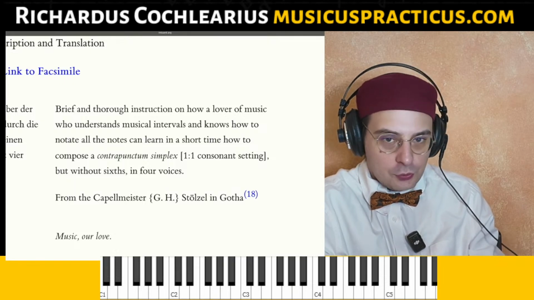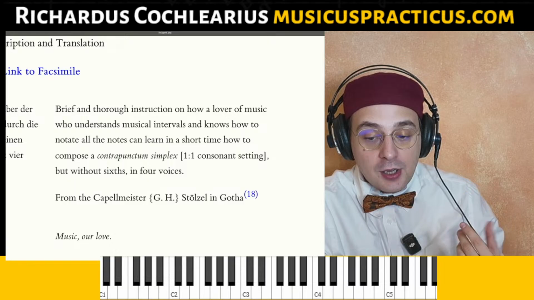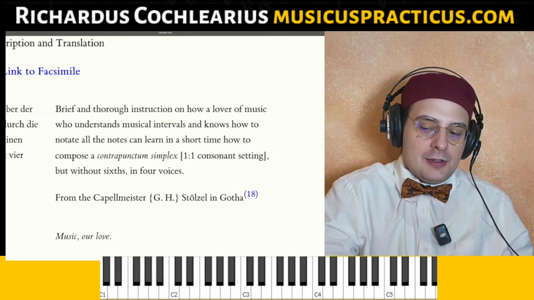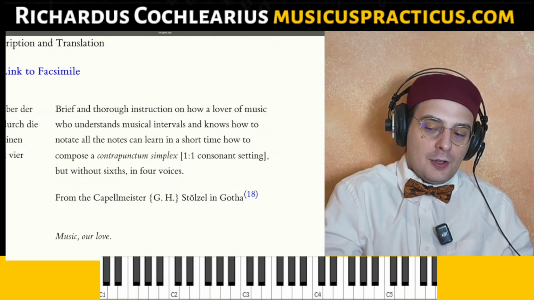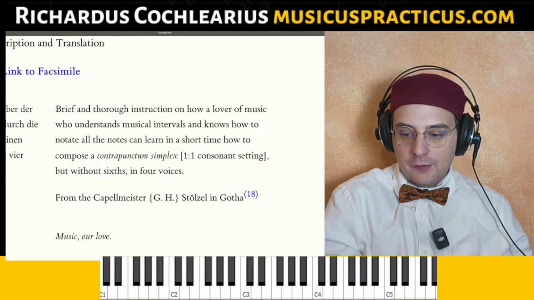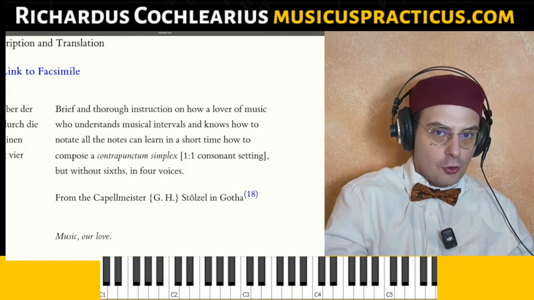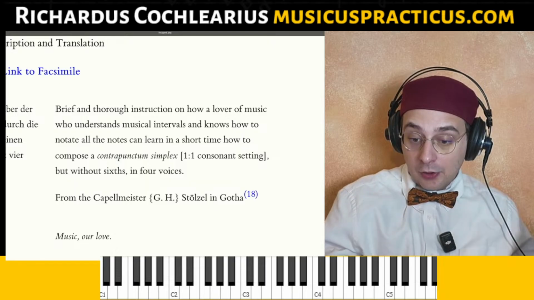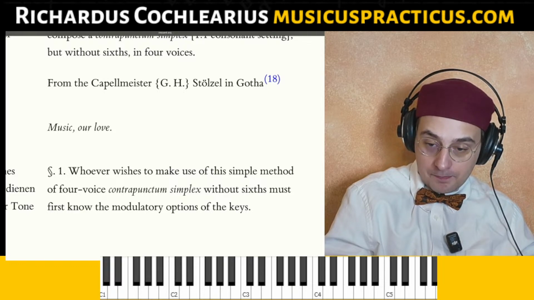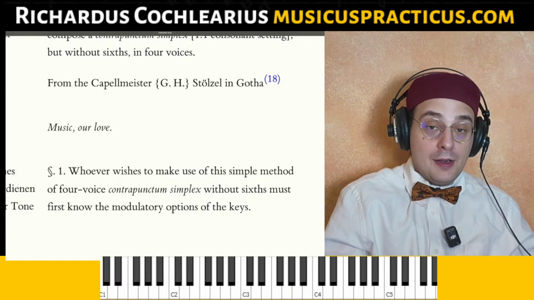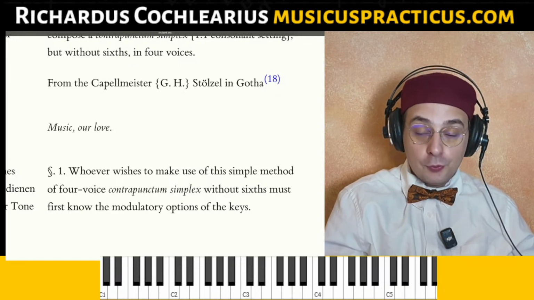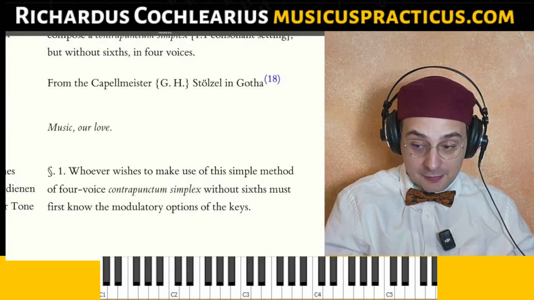contrapunctum simplex, so one-to-one consonant setting without diminutions, but without sixths, in 4 voices. So the claim is that it is a method on how to compose a contrapunctum simplex to another chorale voice, the chorale melody, without sixths, so only with thirds, fifths, and octaves. From the Kapellmeister Stölzel in Gotha. 1. Whoever wishes to make use of this simple method of 4-voice contrapunctum simplex without sixths must